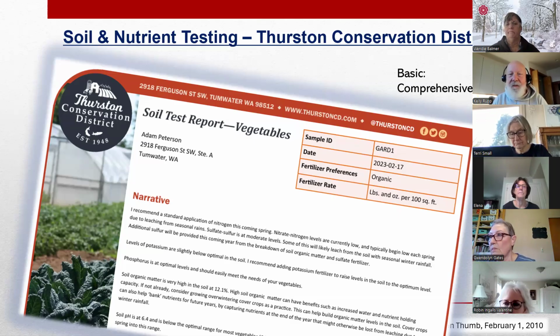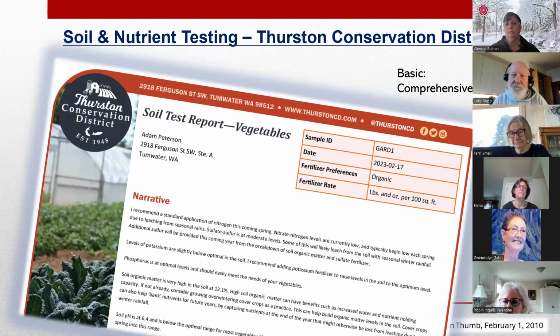And so if you're doing a whole garden bed, like a large landscape bed, you want to take from different areas of the bed, and they'll give you an overall recommendation. But if you know your soil is very different in each of your beds, you would have to test each bed individually. And so that goes to the point, for example, I have a peony bed, which likes a far